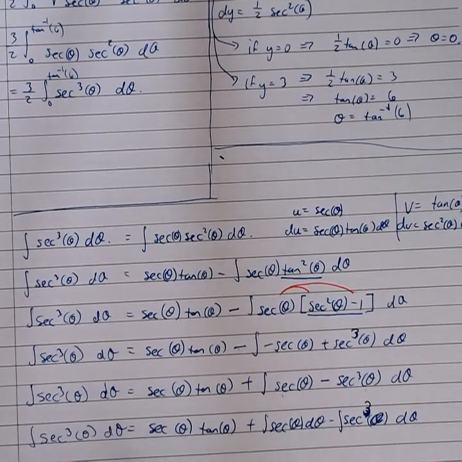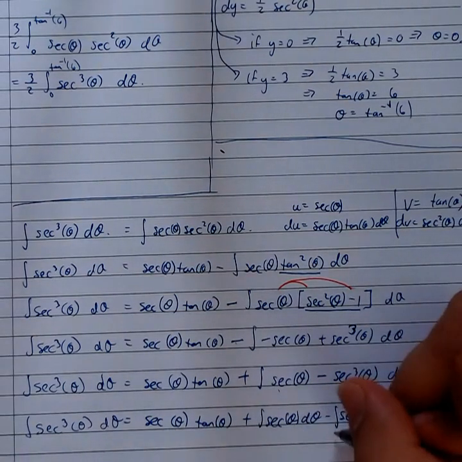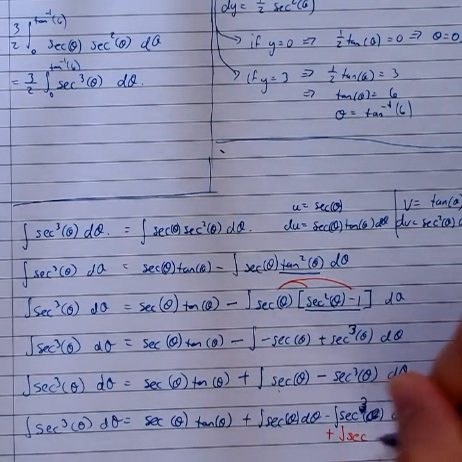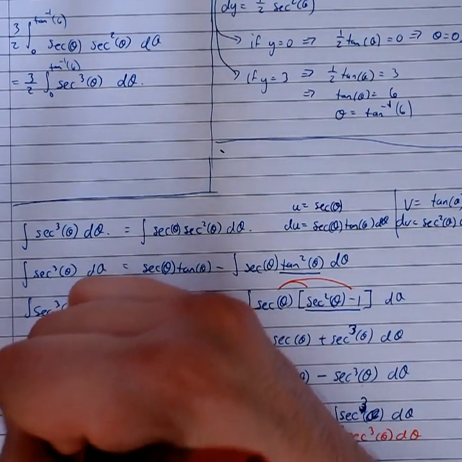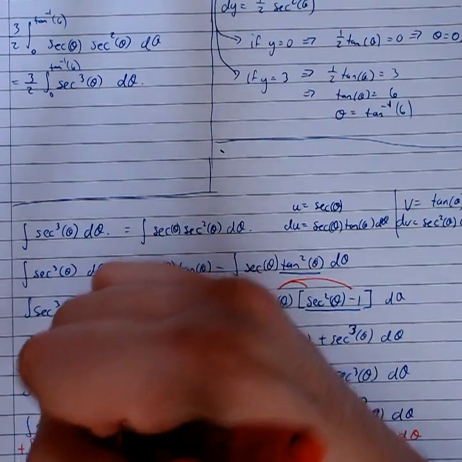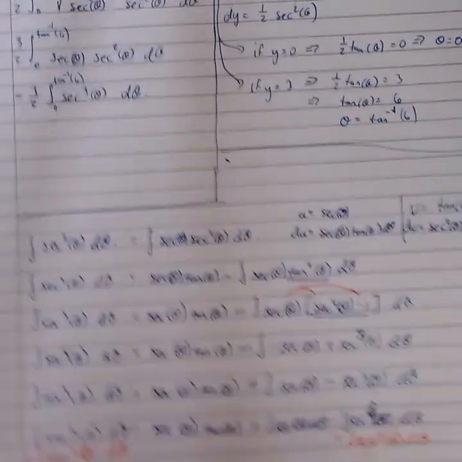Now that means that I can take this one and bring it over here and combine my like terms. So if I now add the integral of secant cubed of theta d theta to both sides, this is gone, and I'm left with